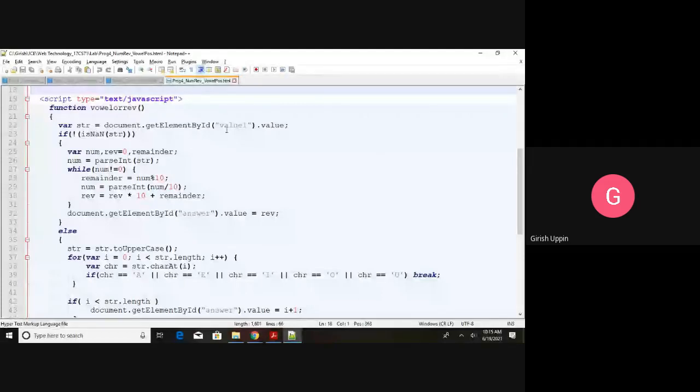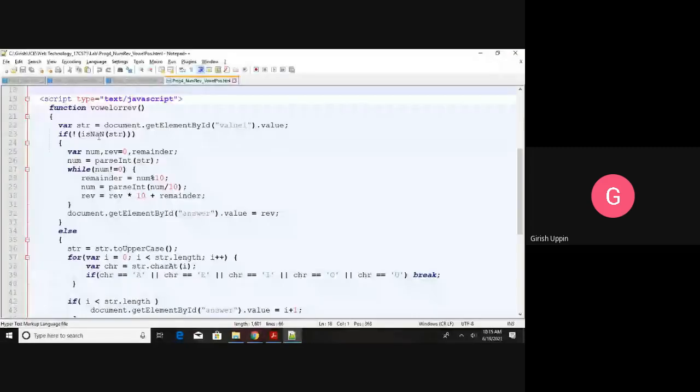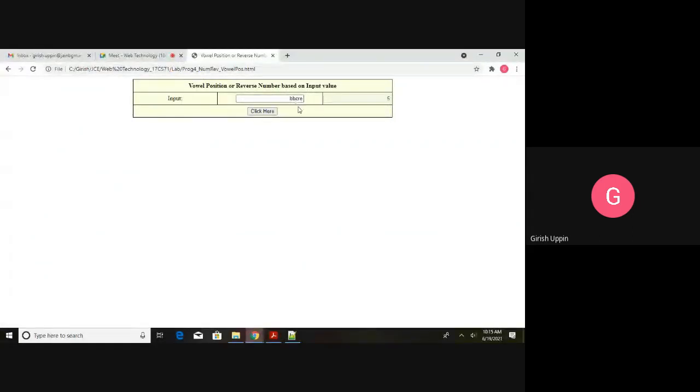So this will return BBCRE. BBCRE is returned to this. Then we check isNaN of BBCRE. That is true, it is not a number. Then that true is complemented, it will become false. So when the condition is false, it will come here, that is the else part. In the else part, str is equal to whatever value we got. On the string object there is a function called toUpperCase, so we will make the given string uppercase. Capital B, capital B, capital C, capital R, capital E is stored in this str.